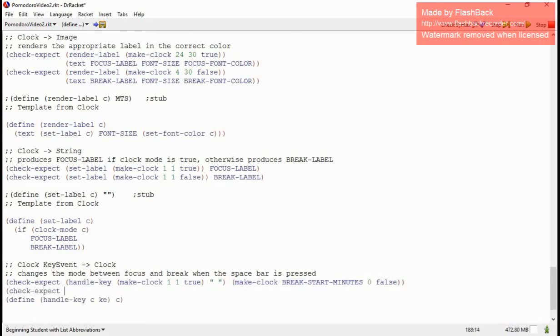0 for 0 seconds, and it changes the mode to false. Now basically do the exact same thing again with handle-key make-clock 1, 1, true, but this time instead of a spacebar we'll try an X. This is a large enumeration. I don't have to check every possible combination of letters, so if I check X, now at this point nothing